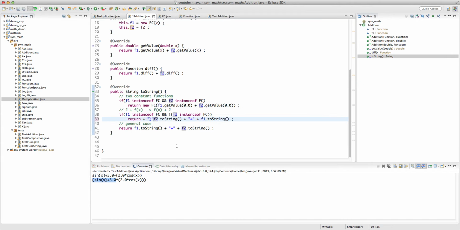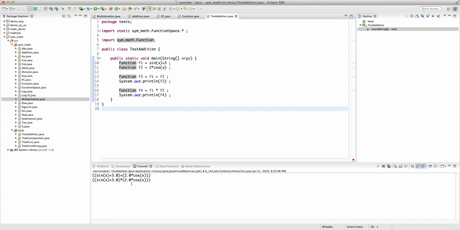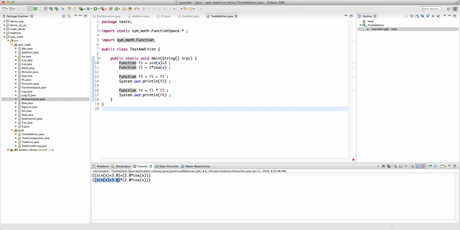So if we are adding two things together, boom, plus this, and this. Okay, and let's see if this works. Sine plus 3 times 2 cosine works, but we have a little bit of